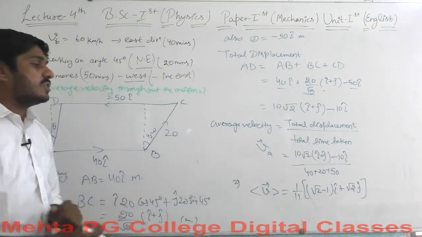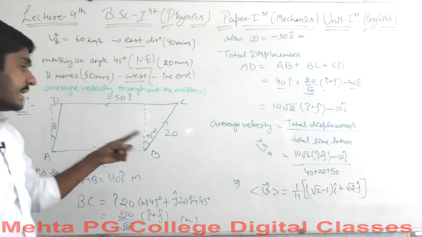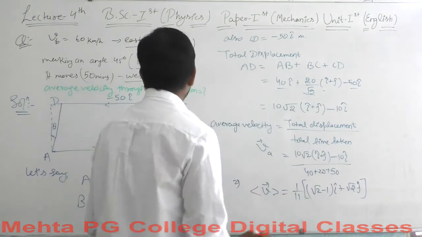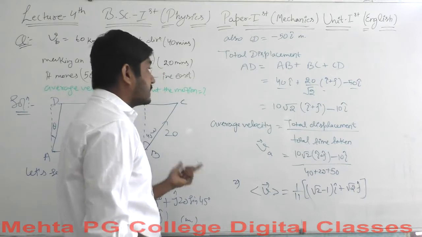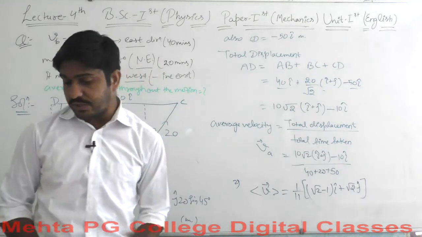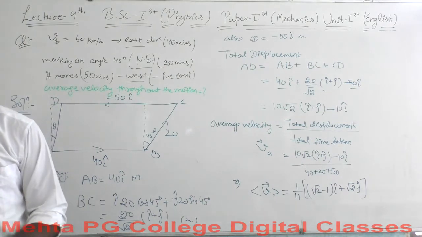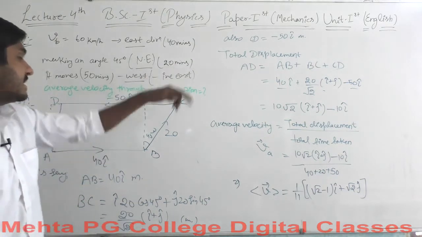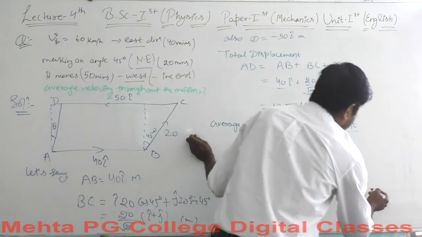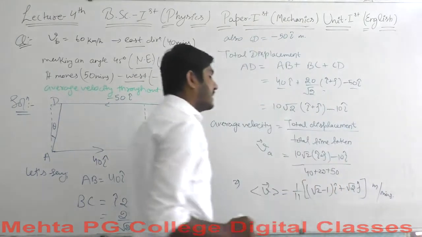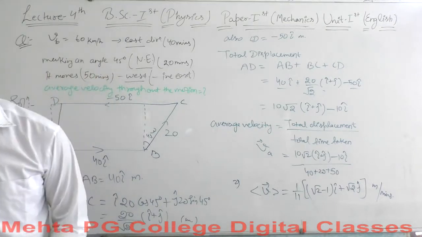This is the average velocity. This should be written in kilometer per second. Well, we haven't been given the values of even the distances in kilometer or in meter. So, I should write here in meter per minute, because we have been given minutes here. Yes, this is the meter per minute velocity.